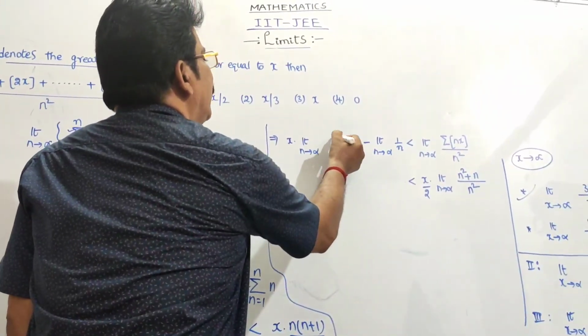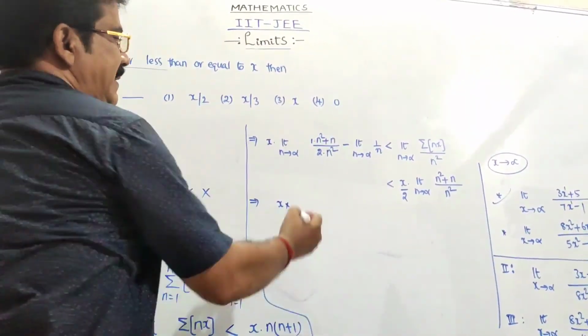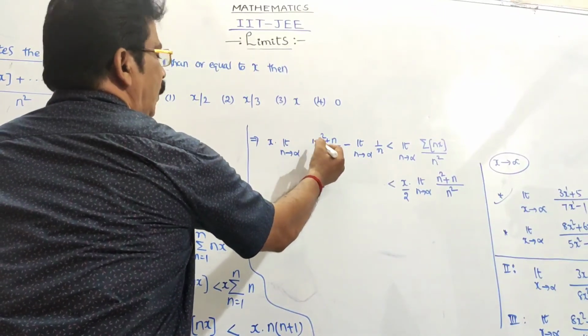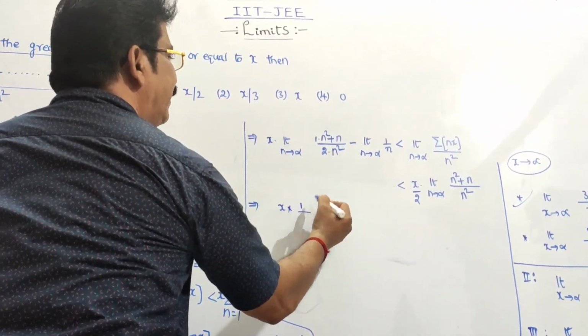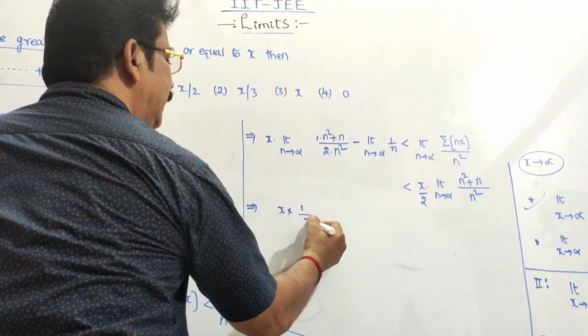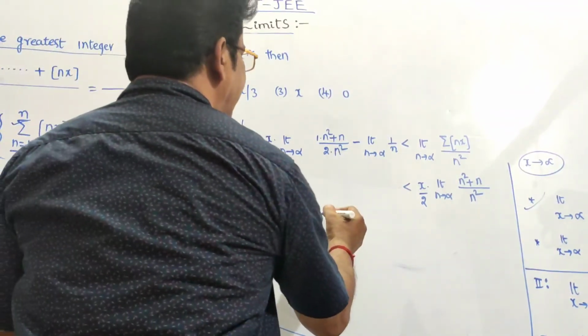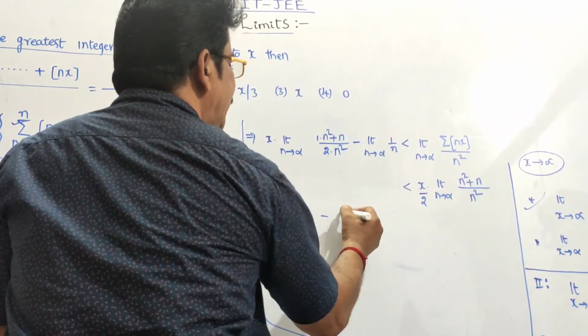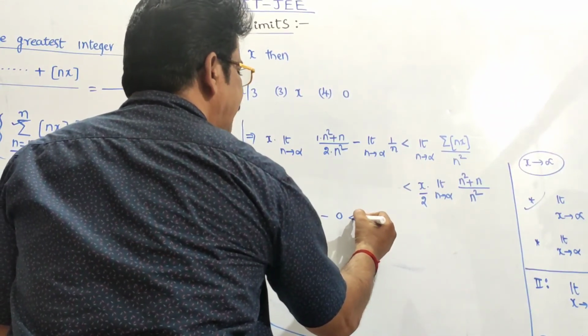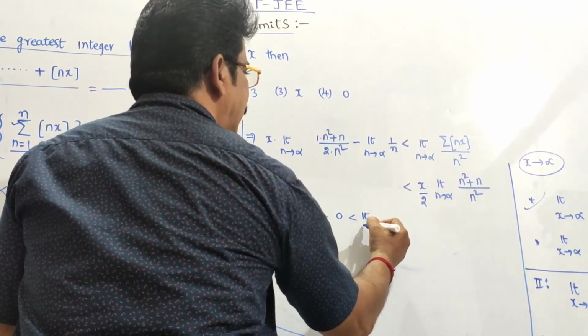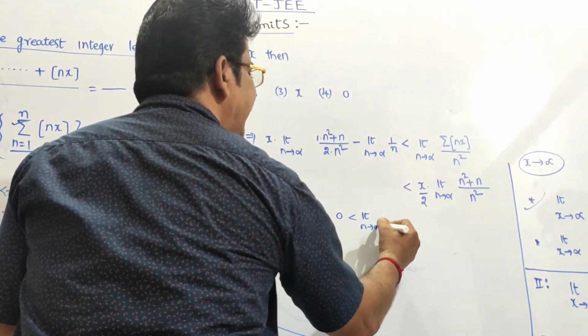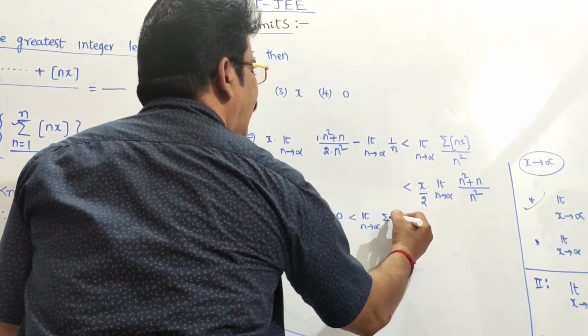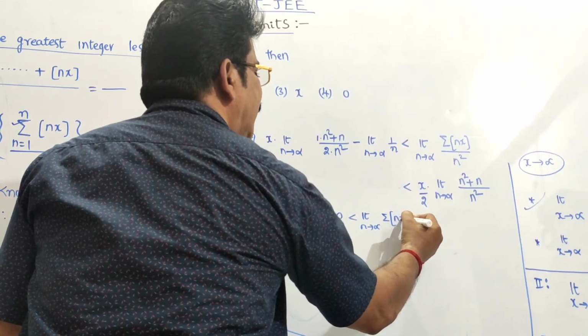So n square coefficient is 1 as n tends to infinity. N square coefficient 1 divided by n square coefficient 2, like that, minus 1 by infinity. N tends to infinity, 1 by n means 0 less than limit n tends to infinity sigma box of nx